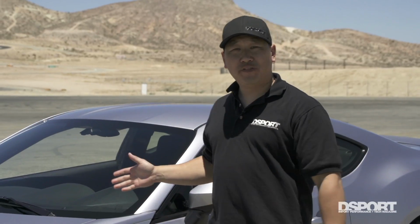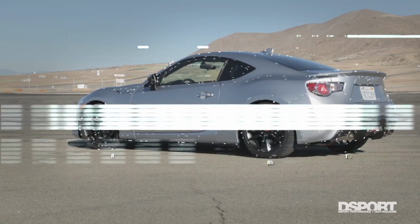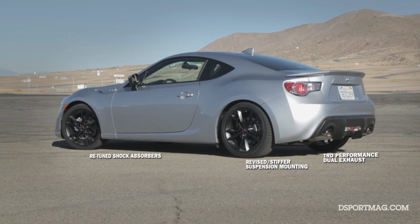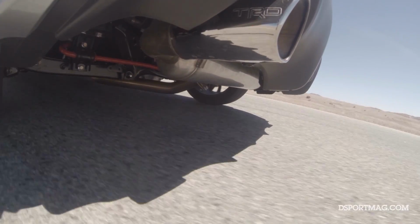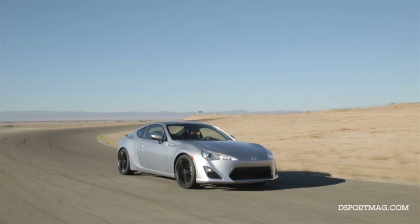This is the model year 2015 Scion FR-S. So what they did was they put stiffer suspension mounts and they revalved the shocks. This particular model that you're looking at here is equipped with a lot of TRD bolt-on upgrades. It has the TRD intake, TRD dual exhaust, TRD springs, TRD sway bars, TRD brake pads, 18-inch wheels with Michelin